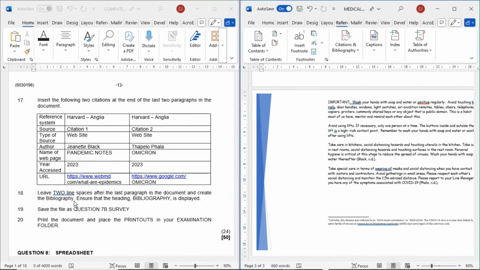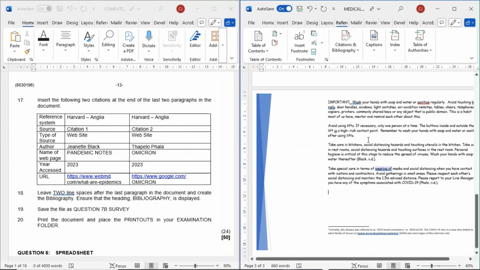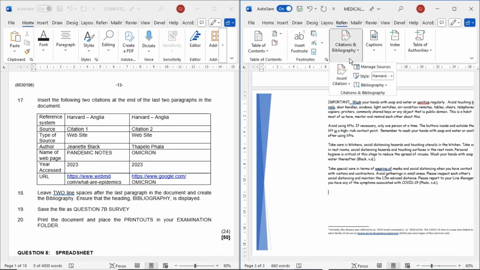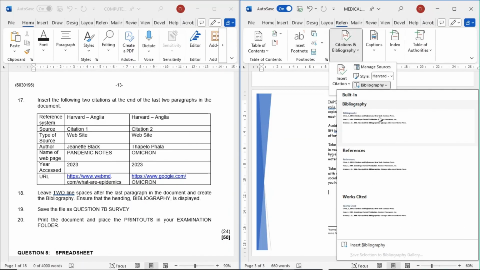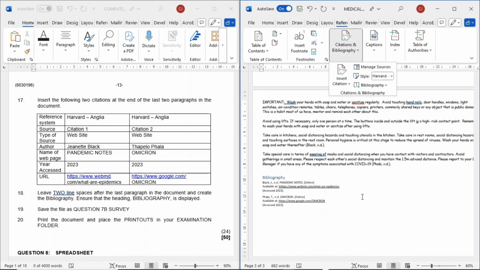Right? Leave 2 line spaces after the last paragraph in the document and create the bibliography. Ensure that the heading bibliography is displayed. So 1, 2. Let's just go to citations, bibliography, and then you insert bibliography.